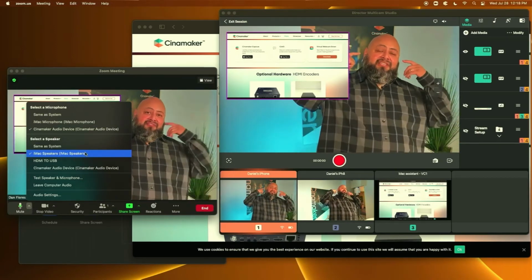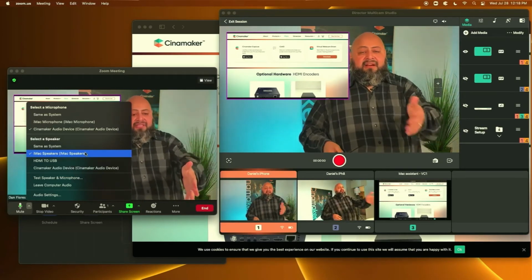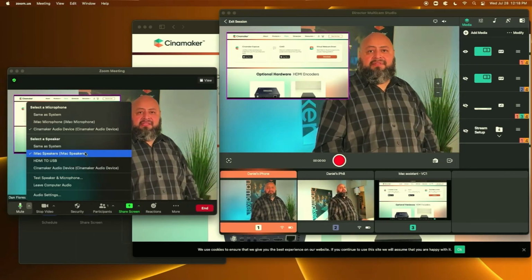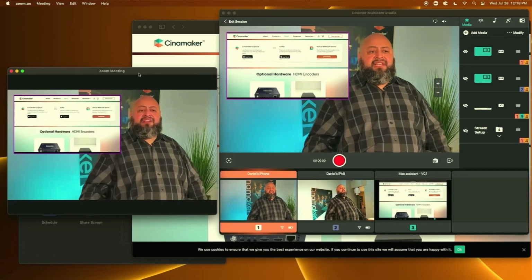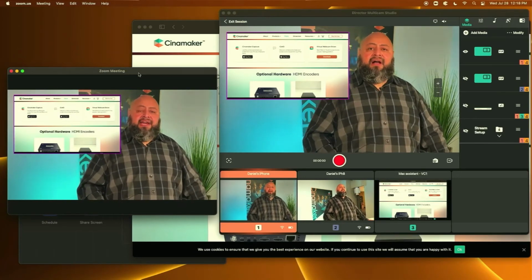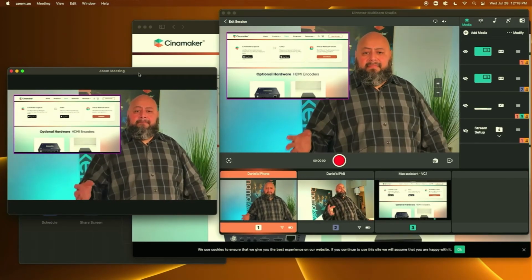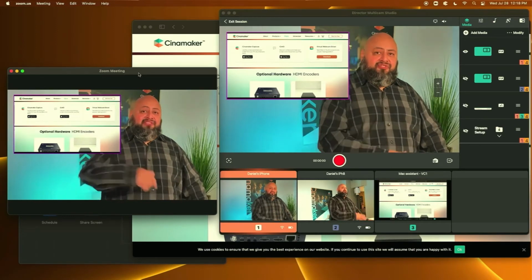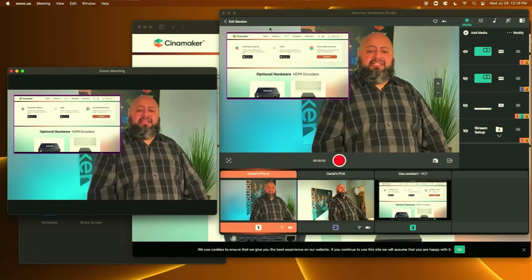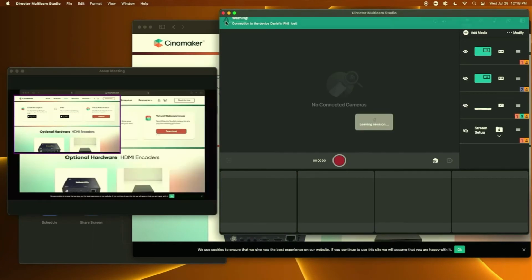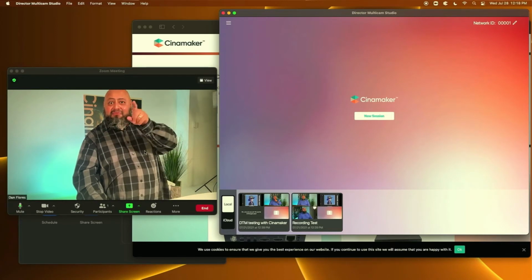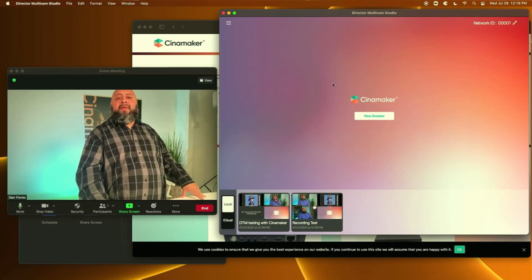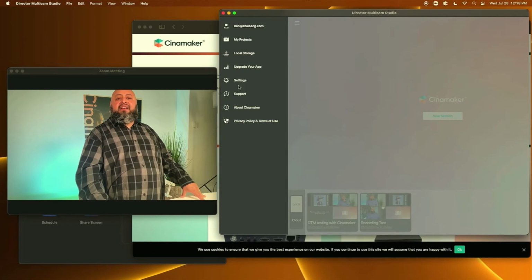However, I also like to use AirPods, and then I'll select the AirPods from the list of options here so that I can hear people in my Zoom meetings. And there it is. Now you are sending your video and audio output from Cinamaker Multicam Studio into Zoom. You don't have to check the settings like I did before. Let me go ahead and go out. Boom, there it is, and bam, see, Zoom just automatically switched to the webcam. You don't have to check these settings if you are using Meeting Director.